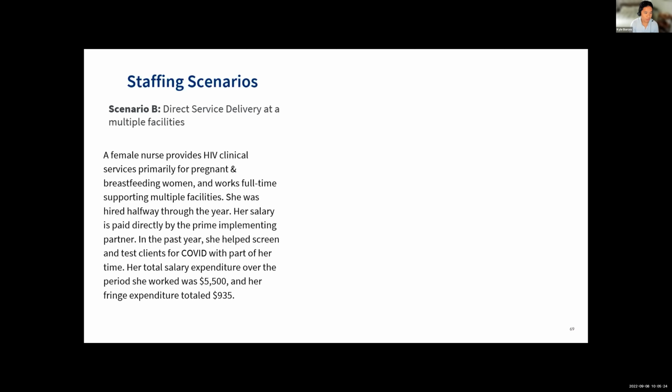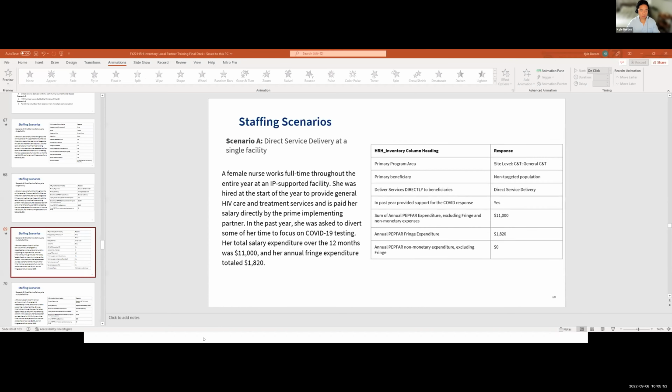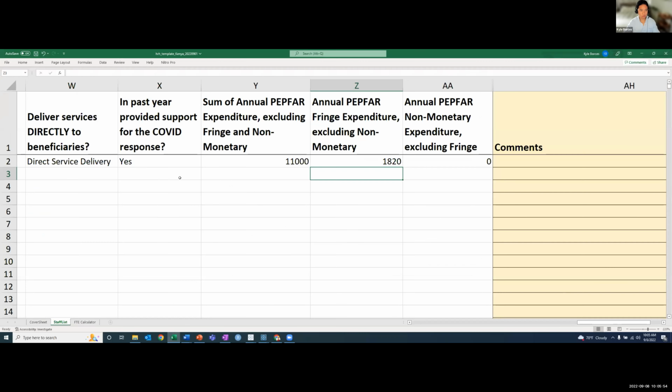So in this example, we have a female nurse providing HIV clinical services primarily for pregnant and breastfeeding women, working full-time, supporting multiple facilities, and she was hired halfway throughout the year. Her salary is paid directly by the IP, and within the past year, she also provided COVID-19 support. Her salary total expenditure was $5,500, with her fringe expenditure totaling $935. So in this case, if we go to the data collection tool in terms of how you would fill that out,